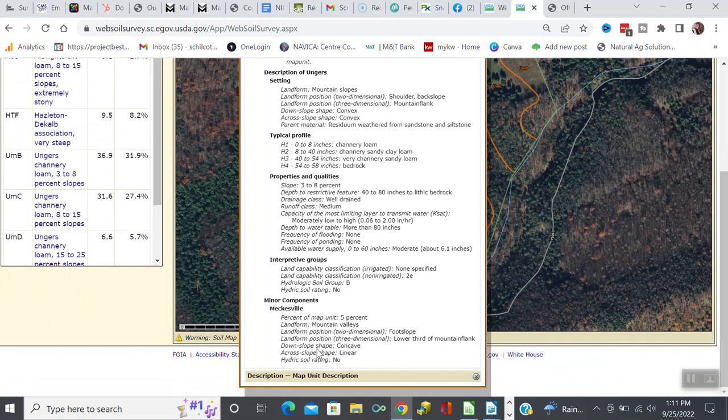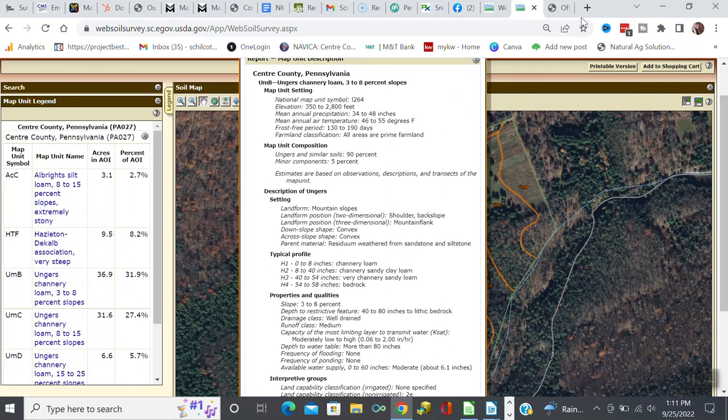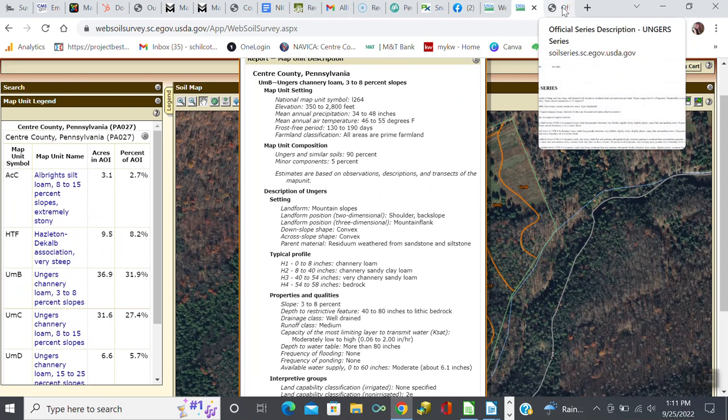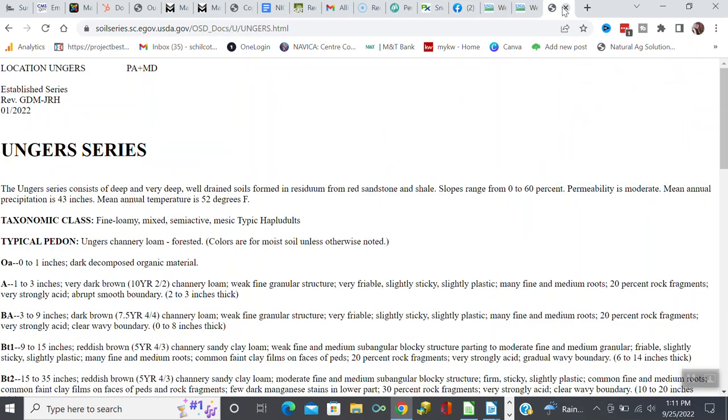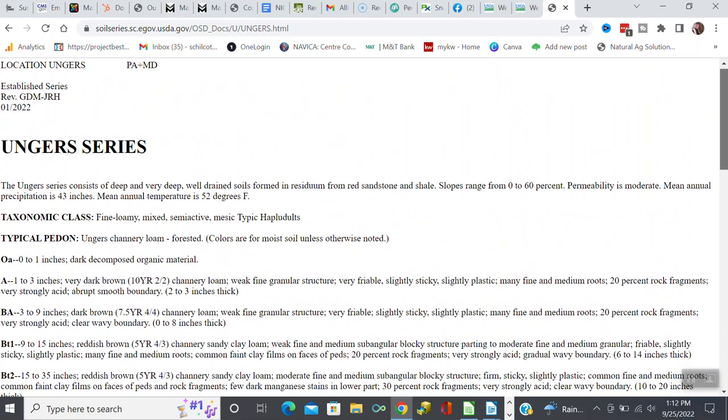Now, what I like to do, once I know what the soil is, it's Ungers. And then what I do is I just go on the internet. It's way easier. Put the Ungers series in. This is a printout of what used to be in the soils books. Every county had a soil book. So now we can go down through here,